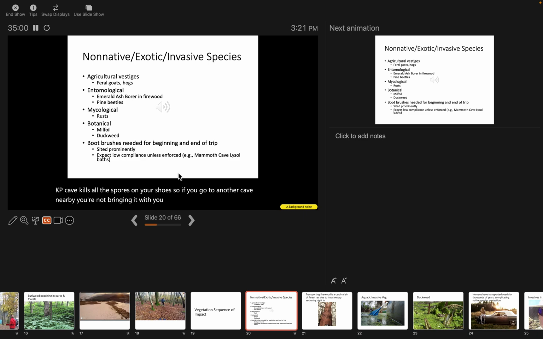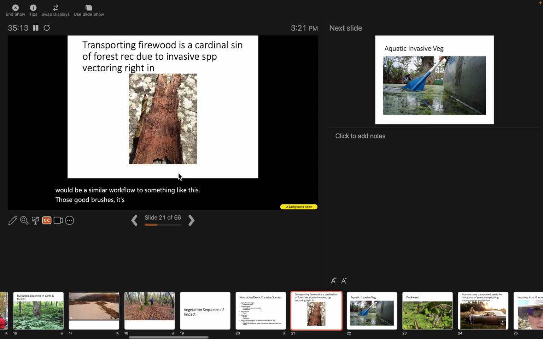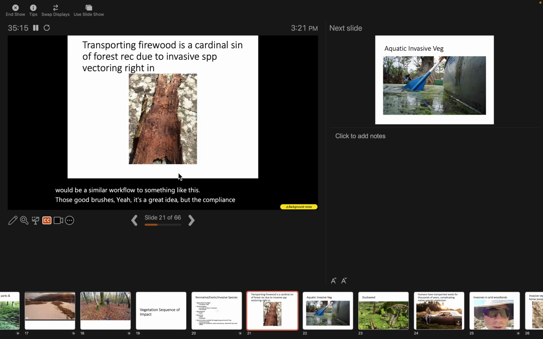Because it's already at Mammoth Cave, they're not trying to sterilize people's feet before they go in. But that would be a similar workflow to something like this. Those boot brushes, yeah, it's a great idea, but the compliance is so tough. The next kind of